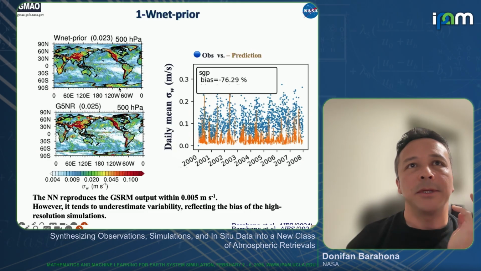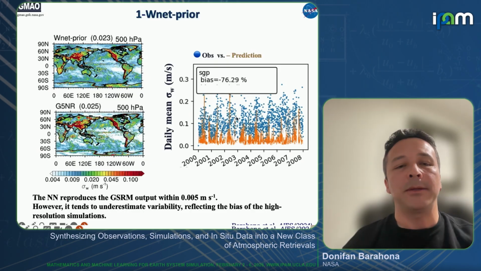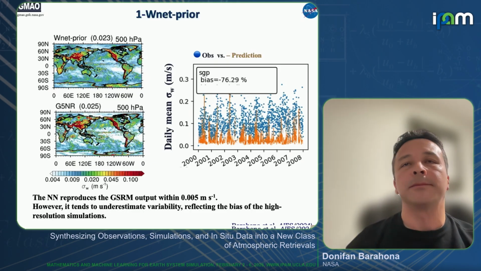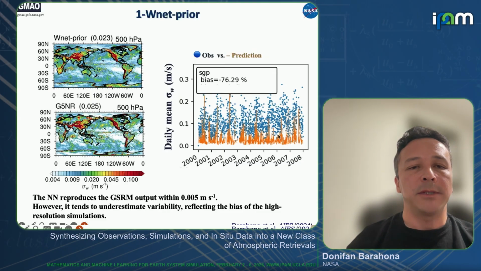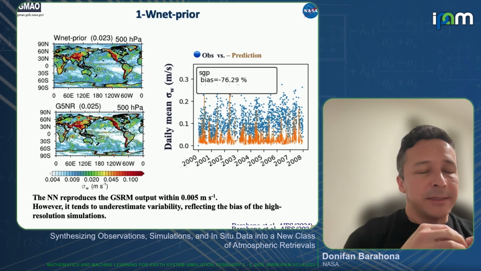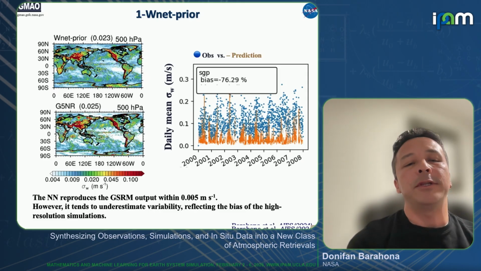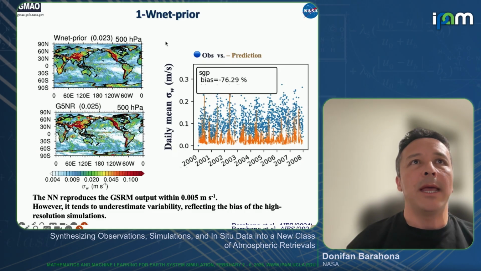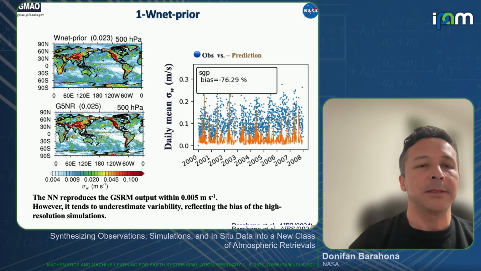But then this is what happens. When you go to the site and you pick any particular site on that grid that I showed before, it tends to underestimate the observations badly. Why? Because we have a 7-kilometer resolution model, which tends to miss a lot of the variability dynamics in the atmosphere. But we can still use that as a feature extractor, right? Something that will tell me, well, you should have high velocity here, and here, even if the magnitude is not correct, right?